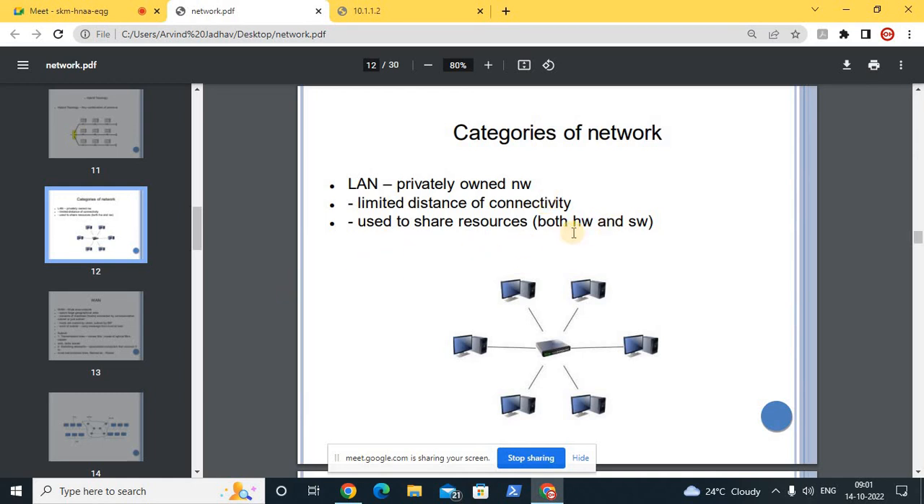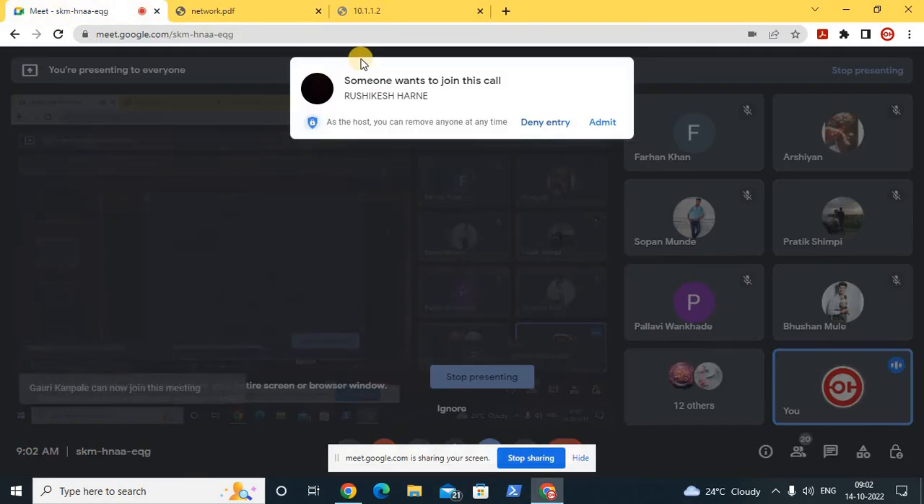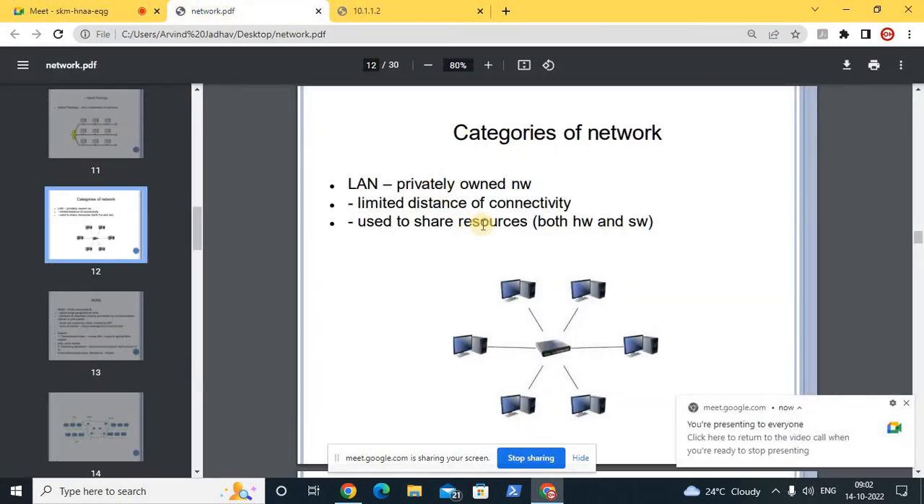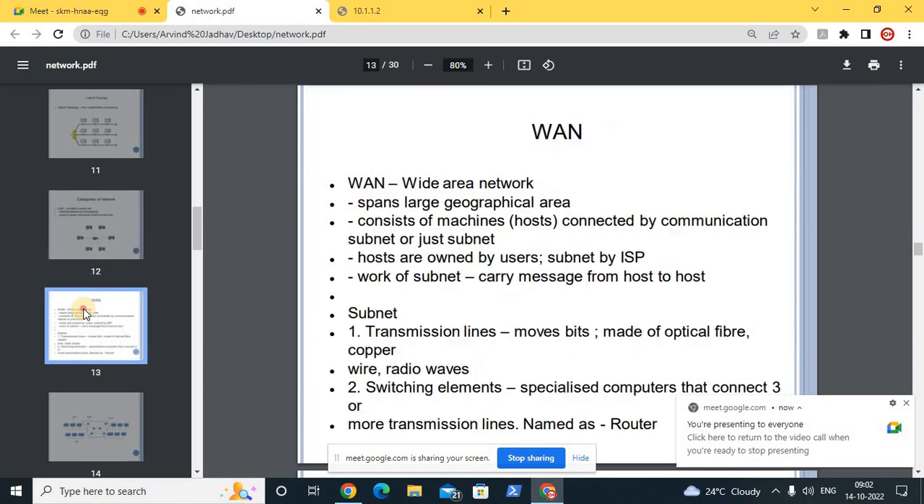Used to share resources, both hardware and software. इसमें हार्डवेयर भी शेयर कर सकते हो, सॉफ्टवेयर भी हम शेयर कर सकते हैं. We can share in the LAN. Okay. Second one is